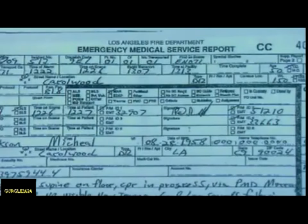Mr. Senneff, I know you can't see the entire document, but would you describe what this document is, please? It's our medical report that we do on all patient contacts. Did you fill out the information contained on this report? Yes, I did. Is it formally known as a 902M run sheet? That's correct. It is a 902M. Does this